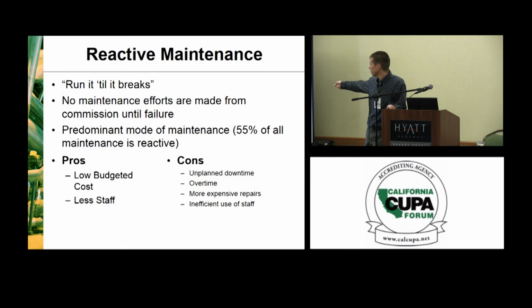The study showed it's the predominant mode of maintenance. 55% of all maintenance is reactive. People fix things when they're broken. Pros and cons. Reactive maintenance, what people will say the pro is, well, there's no line item in their budget